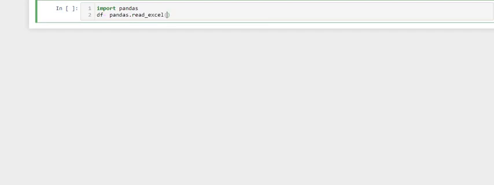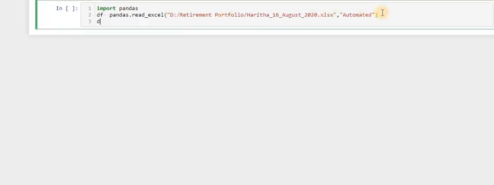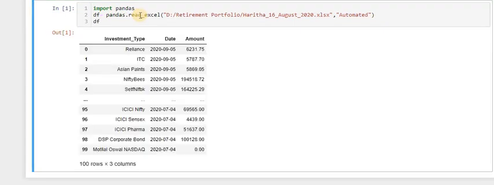And in this code I have to show the path where my file is, from where I want to import the Excel sheet. So I just selected and copy pasted the location, and here you have to write df. What is the meaning of df? We are asking Python to show that sheet.